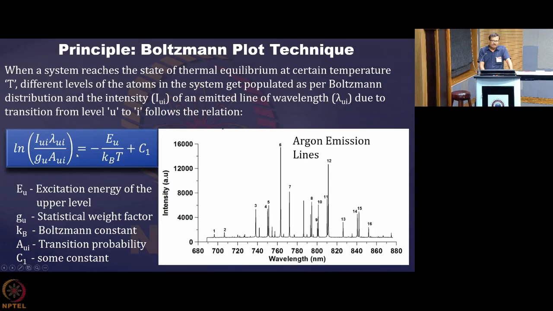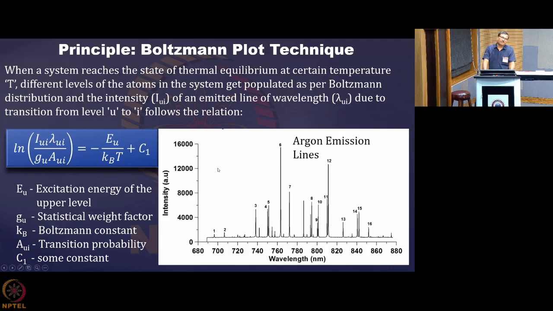Now, corresponding to these transitions, the energy level EU is known, because the energy levels of most atoms are now known and available in a database, from which you can get the upper and lower energy levels for each wavelength. Then you know the intensity from the spectrometer, you know the wavelength, and G, A and EU you get from the database. So you are left with the complete equation.